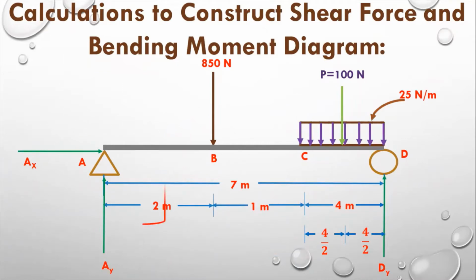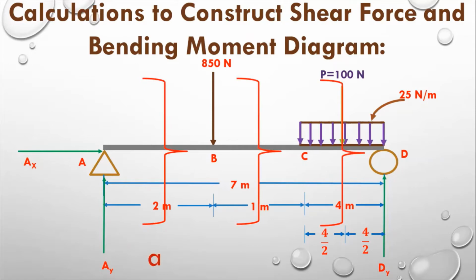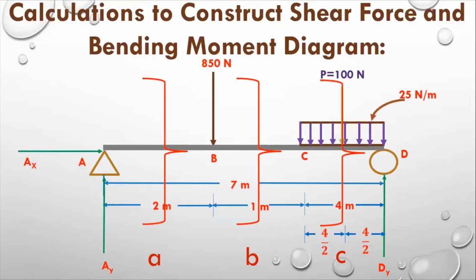So now the first section will be here, the second somewhere in between BC, then the third section is here. So A, B and C. So there are three regions to be cut here. So I'm moving towards the next slide. Let me show it again. If you have any query, you can see this. Hopefully it will be clear to all of you. So I'm moving towards the next slide.